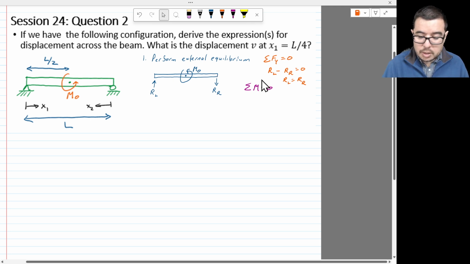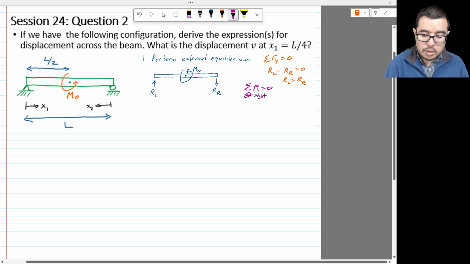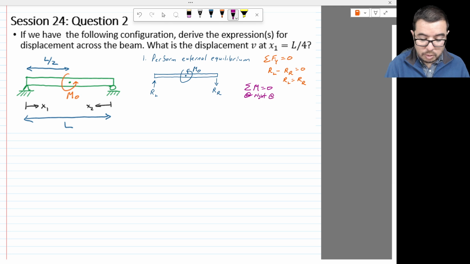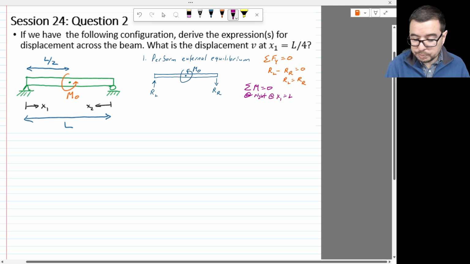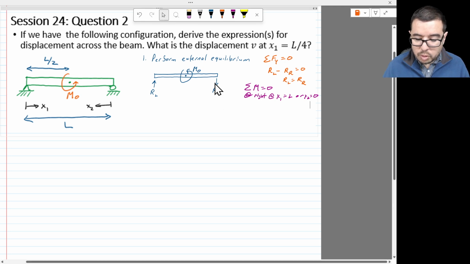So we'll say at right, which we could say, well, would be x1 equal to L, or it would be x2 equal to 0. Okay, so we could even say that, just for clarification, maybe I'm being exhaustive here, but just to give us some familiarity with these coordinate systems that we're introducing and how we're treating these types of problems. So with this set forth, we can go ahead and ignore the force, but we see that we're